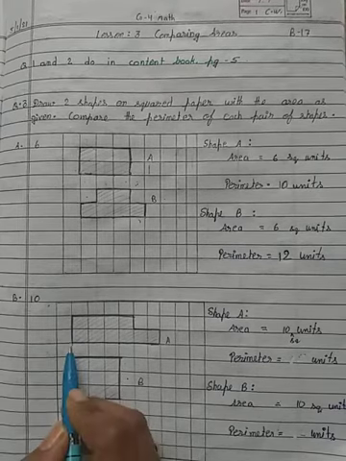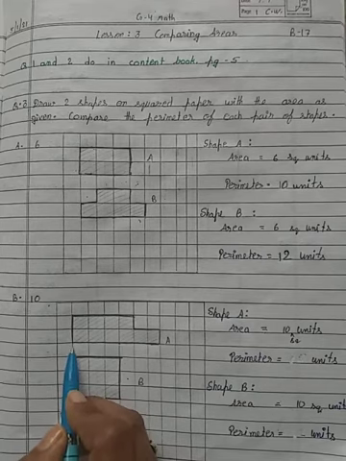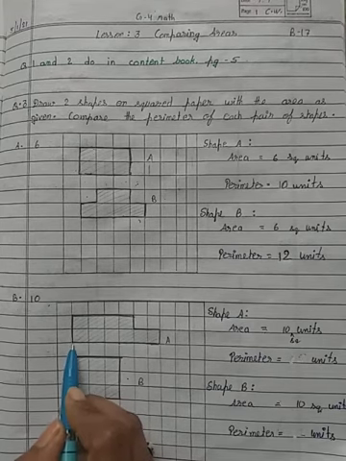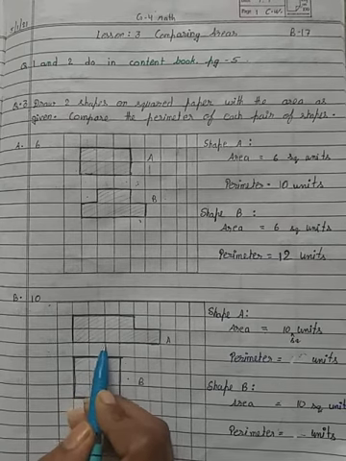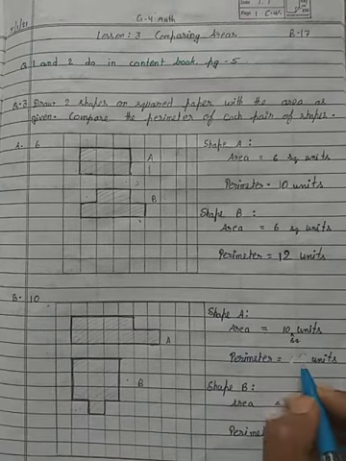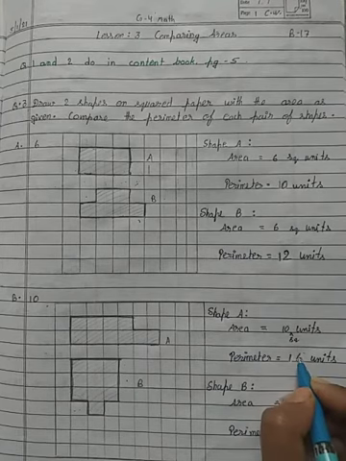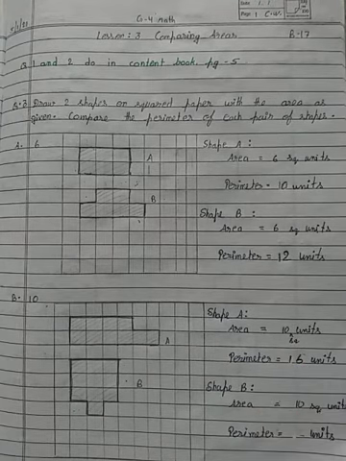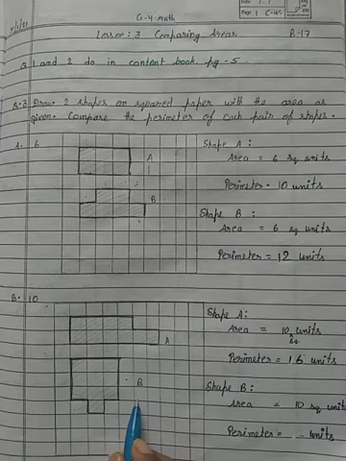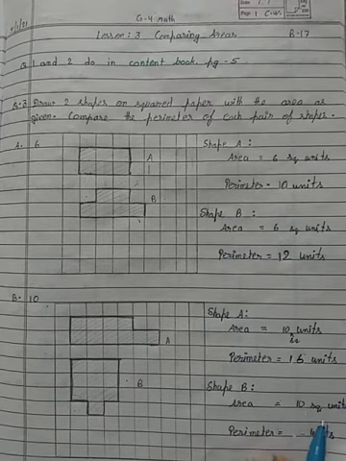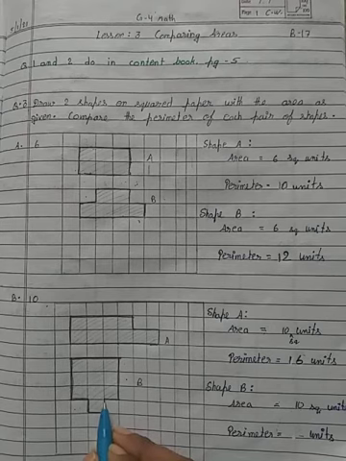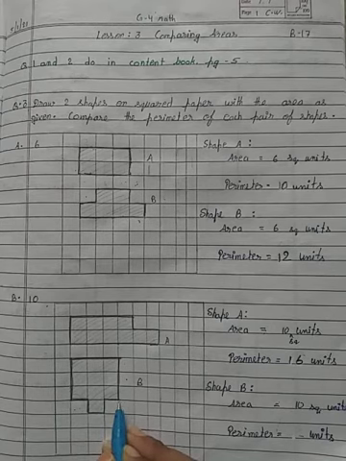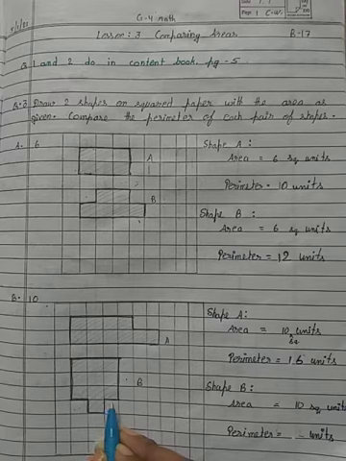Again I am telling you, we will count squares from the starting to the end point. This one is called 1 or 2. Like this we have 16 units of perimeter. Now in shape B, we have an area of 10 square units and we find the perimeter. Let's count from the starting point till the end point of the square. That is called 1 perimeter.